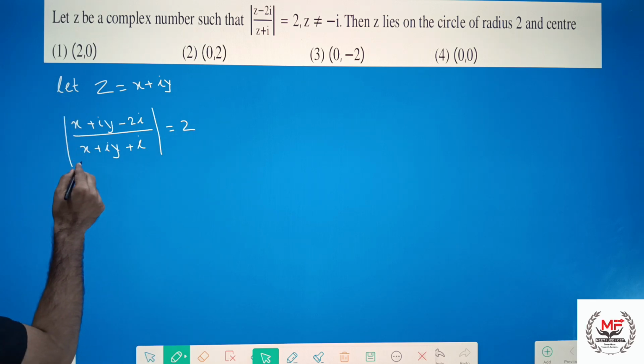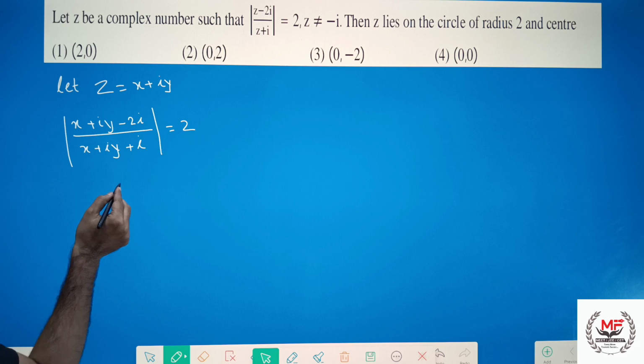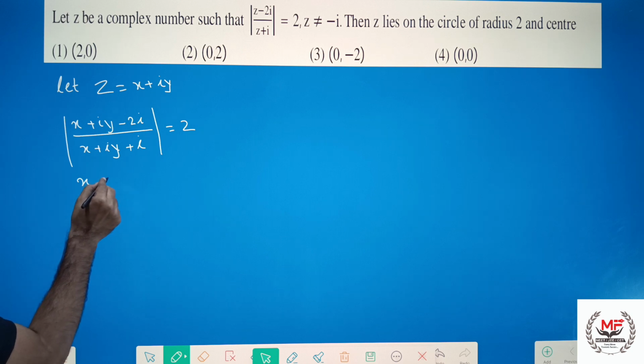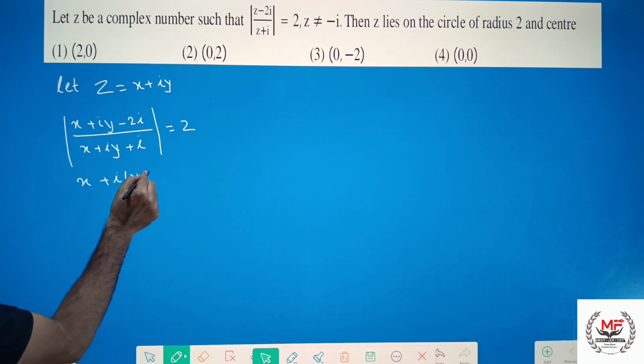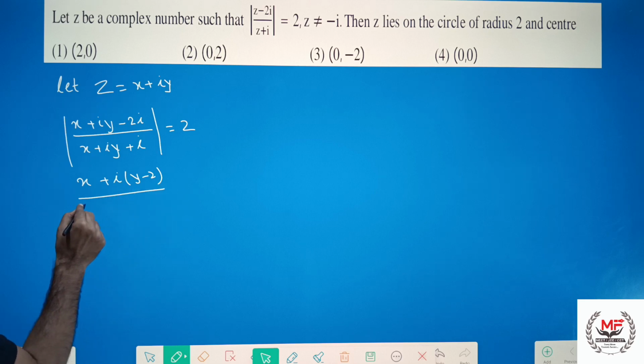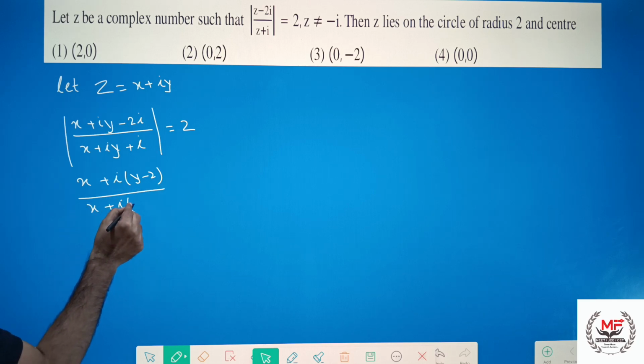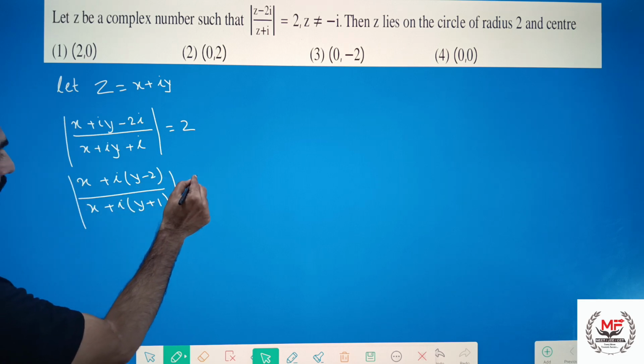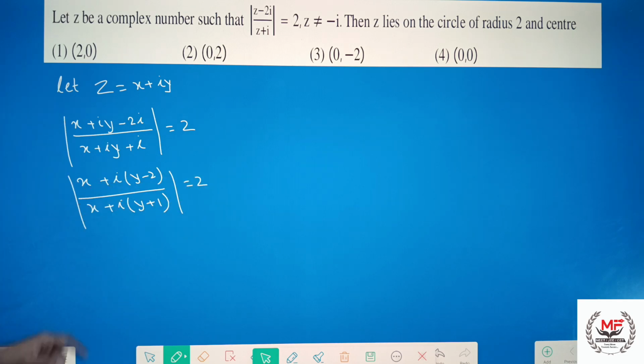So we will separate the terms here. Now the next term I can write is x plus i(y minus 2), right? And here also I can write x plus i(y plus 1), right? Now we have to find the modulus. So we know the modulus formula: it will become under root of x square plus (y minus 2) square,